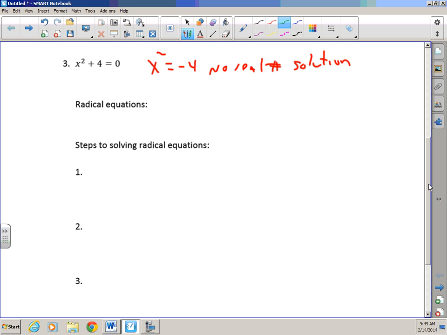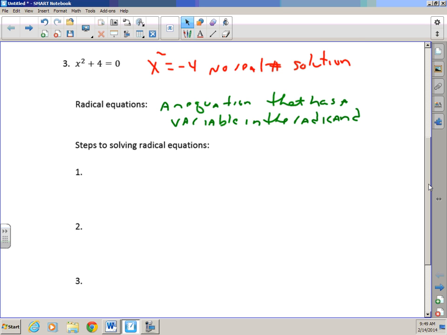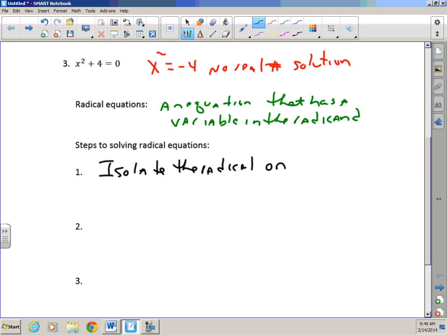So, a radical equation is an equation that has a variable in the radicand. And you'll see when we do these steps, it's pretty straightforward. Okay, so step one is to isolate the radical on one side of the equation,